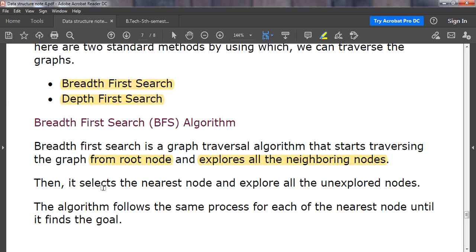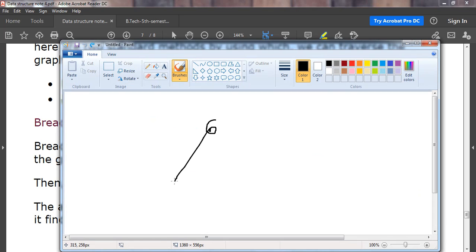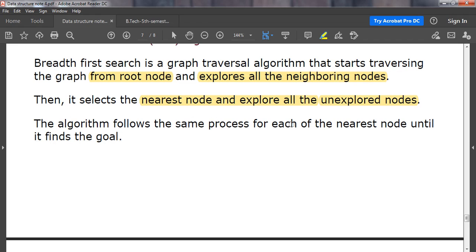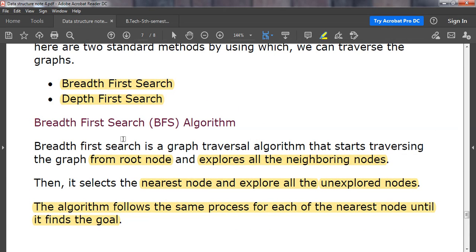Then the algorithm selects the nearest nodes and explores all the unexplored nodes. First it will start from one node, and then it will start to explore all other nodes. Once it has finished exploring all the nodes, it will then again move to the adjacent nodes and see if there is any possibility of others. This algorithm follows the same process for each of the nearest nodes until the final goal is reached, which is traversing. So suppose you want to search a term,